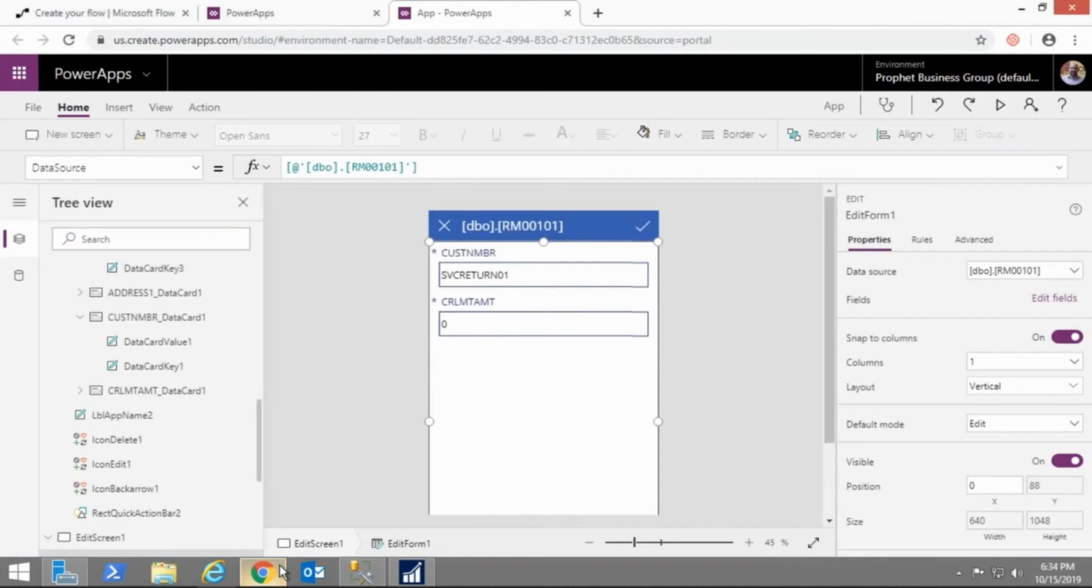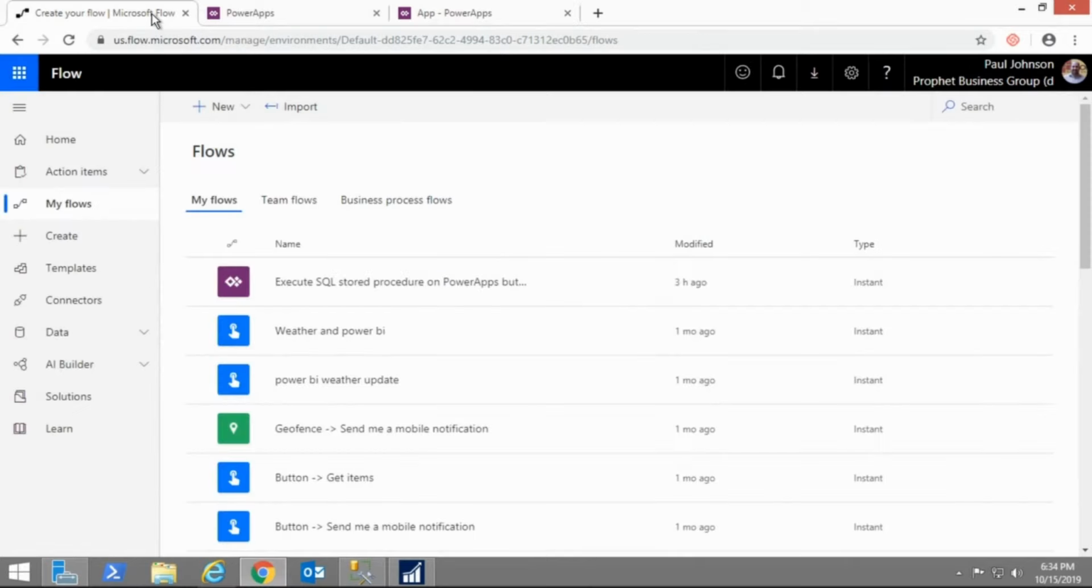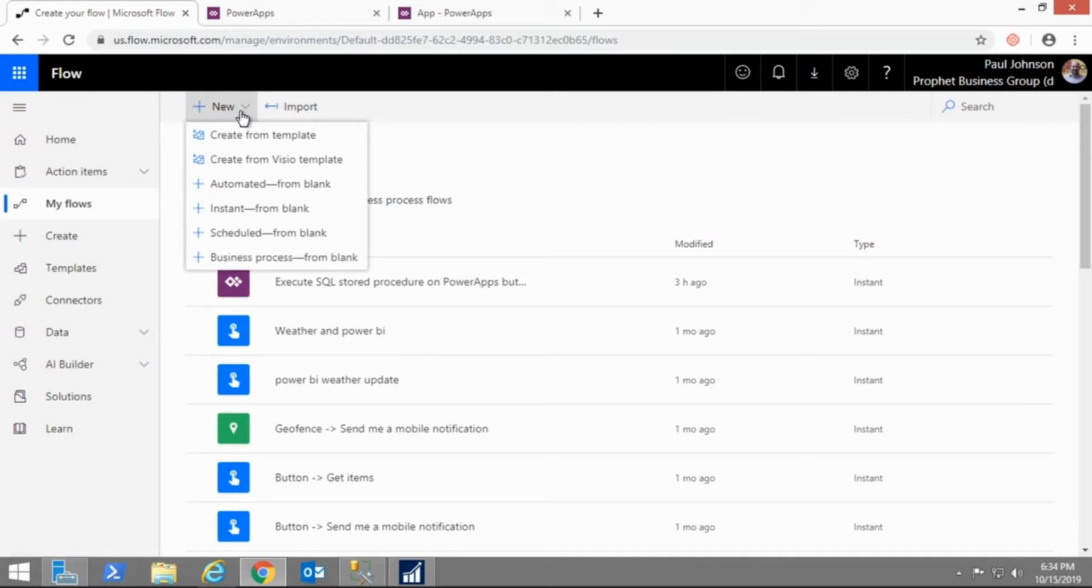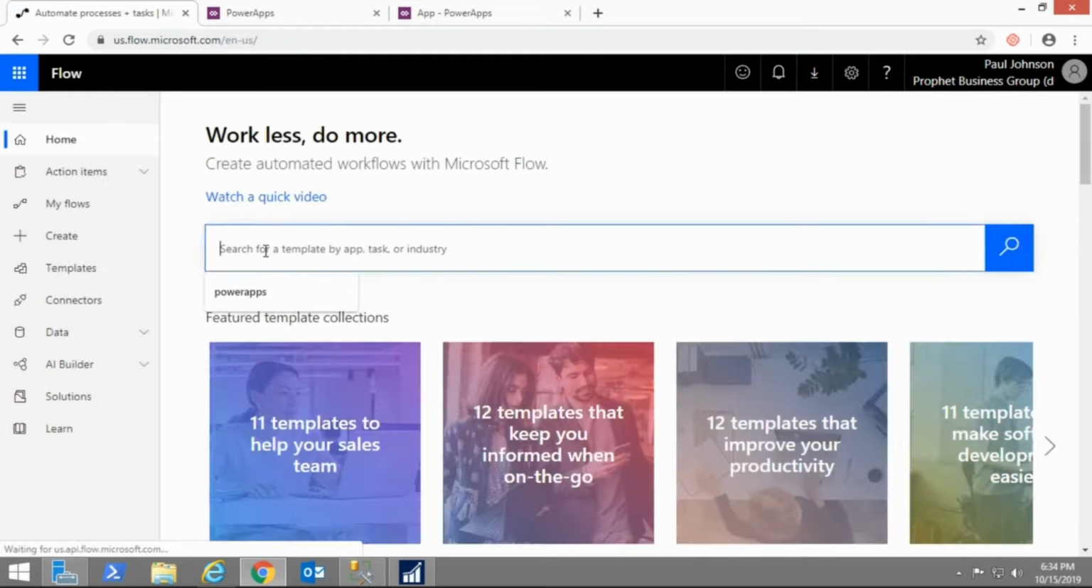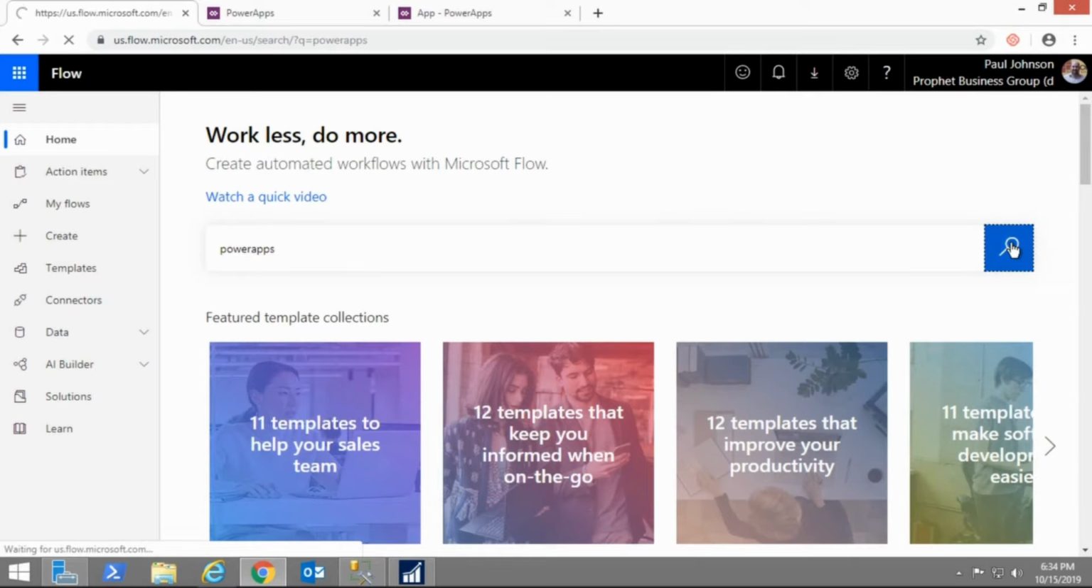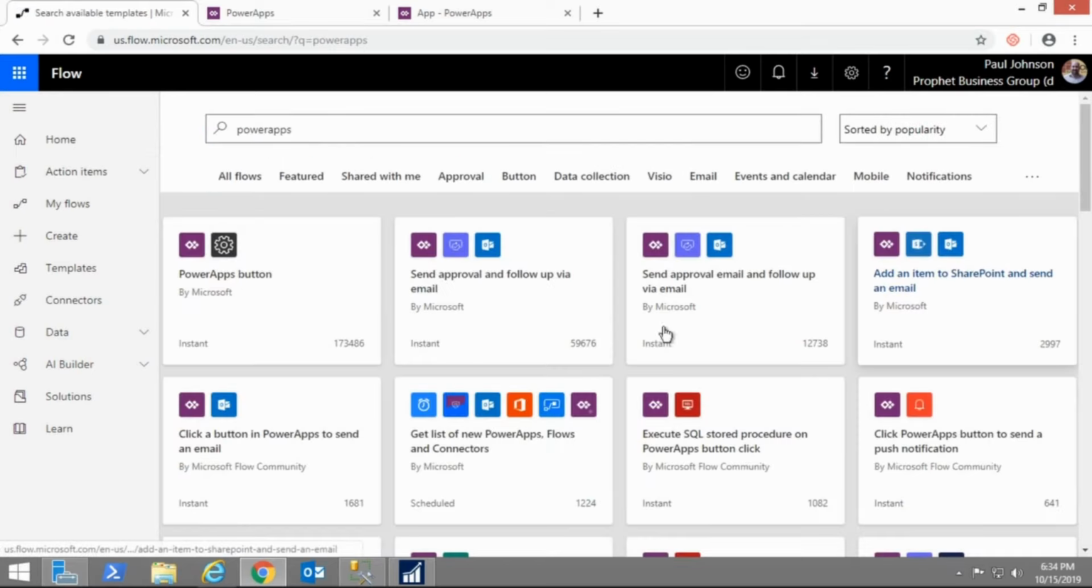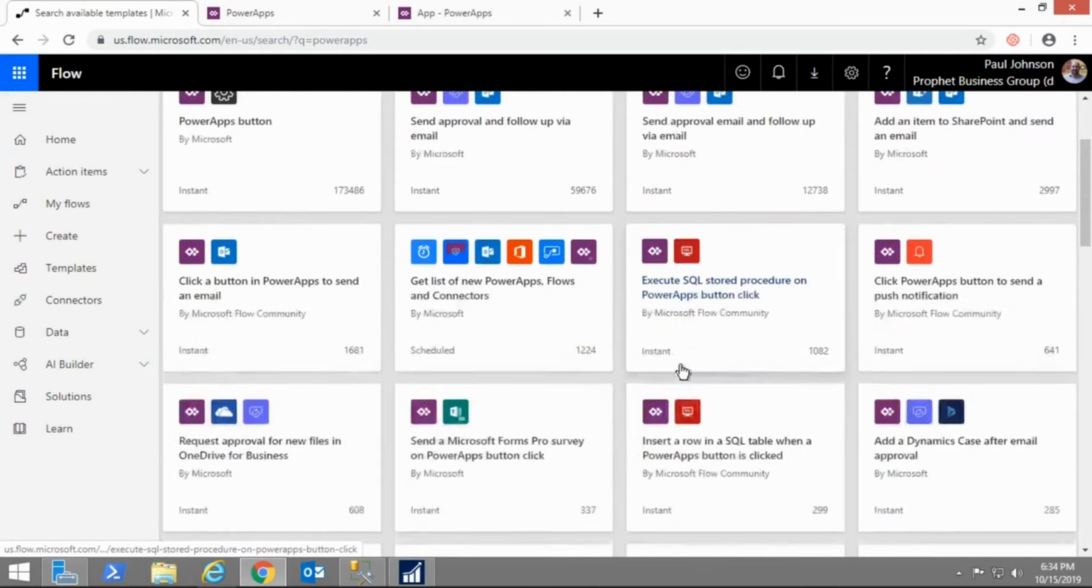Inside of Flow, so let me just jump to Flow for a minute and I can show you what our flow that we created looks like. So that's pretty straightforward in that we create a new flow. If I go to the home page and we'll just type PowerApps. So here's some templates that exist. So here's the one that we want, which is execute stored procedure on a PowerApps button click. So if I select that,